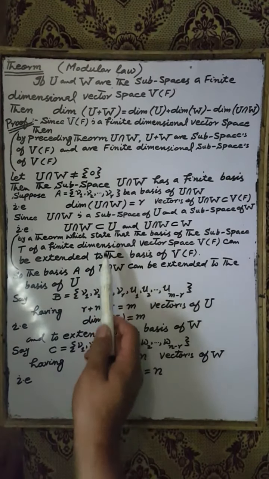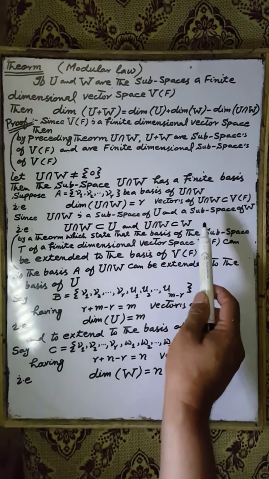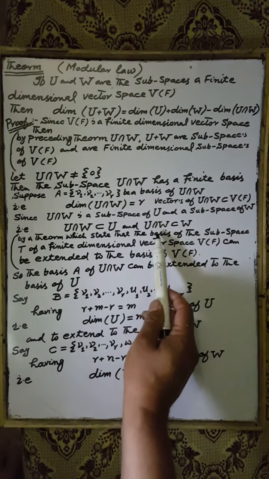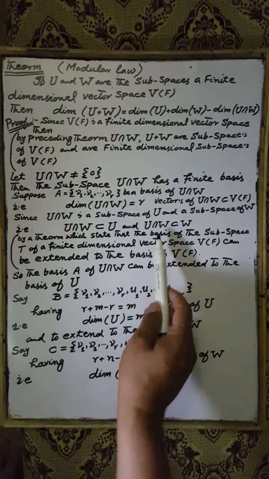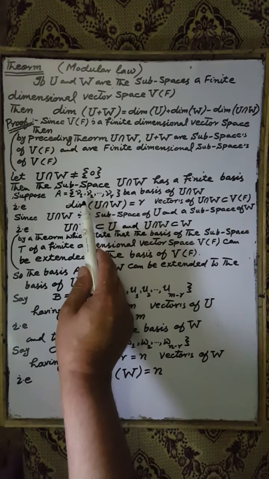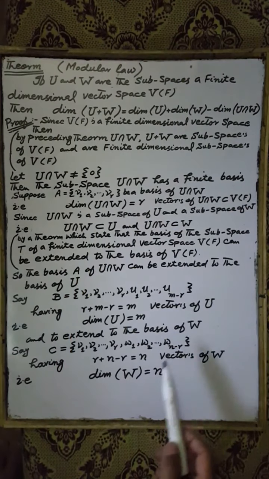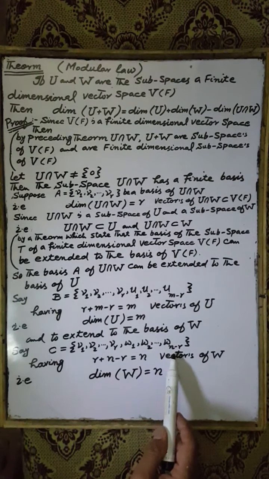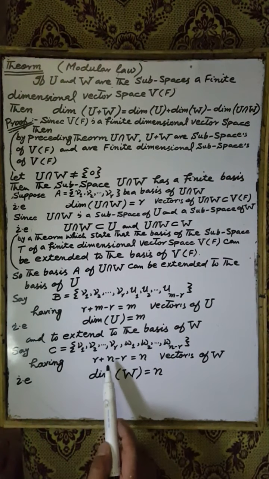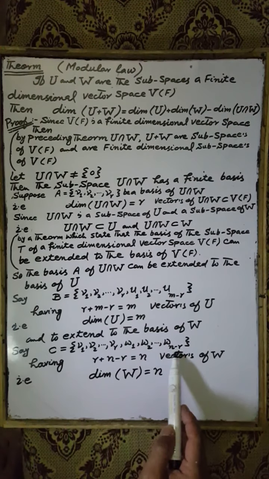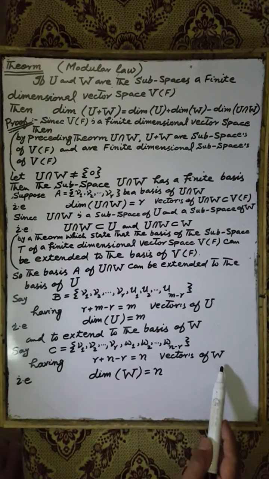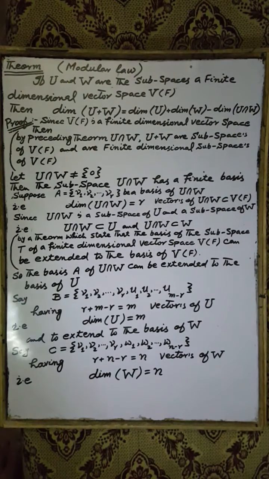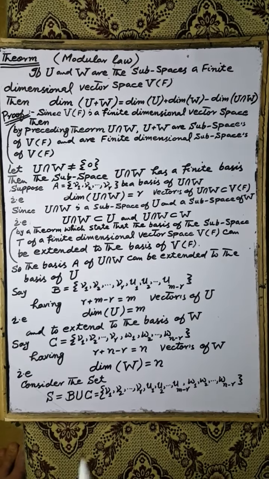As well, U intersection W is a subspace of the space W of the vector space V over the field F. Therefore, the basis A containing v1, v2 up to vr can be extended to a basis C of W, say v1, v2 up to vr, w1, w2 up to w(n minus r), which contains r plus n minus r, which is equal to n vectors of the subspace W. That is, the dimension of the subspace W is equal to n. Now,